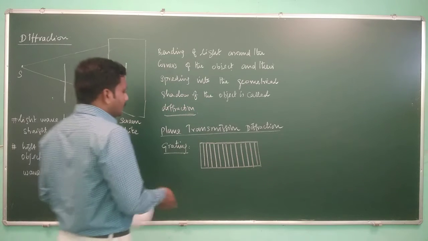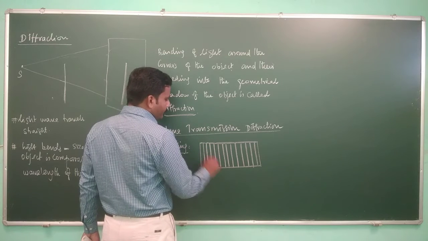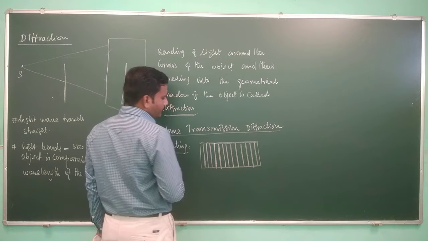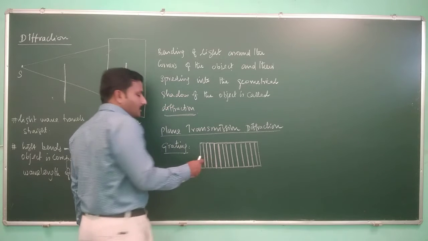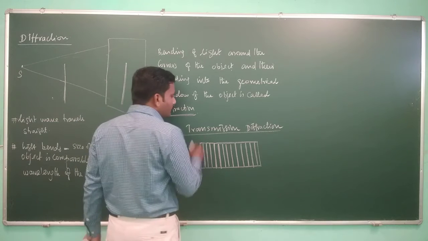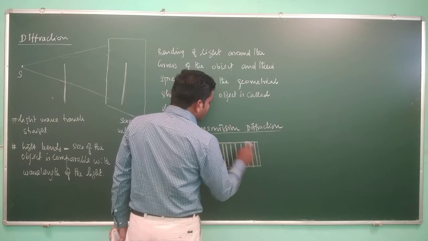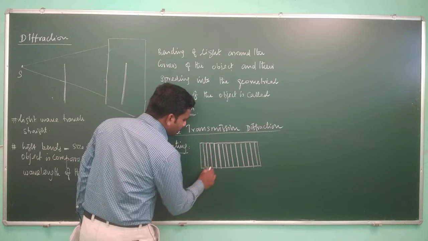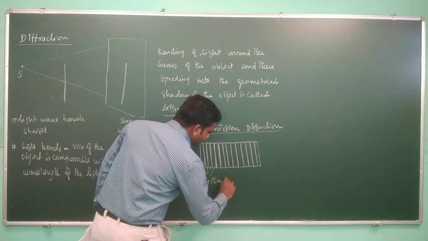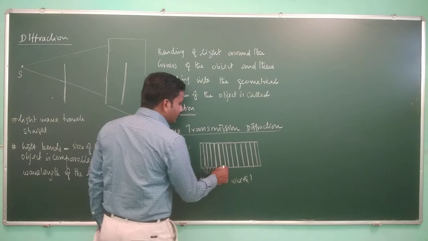Now let us assume that these white spaces are all opaque to light. If you pass light through a white space, it will bounce back and will not penetrate into this material. So these dark spaces are the gratings, the slits. These are the slits of the same width. All the slit widths are the same, right?